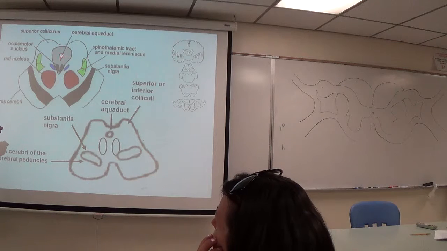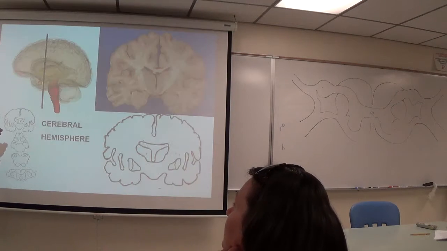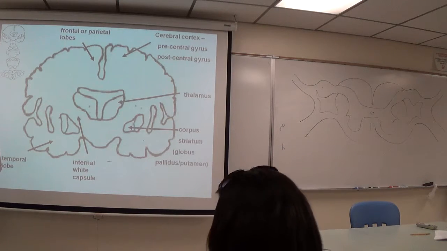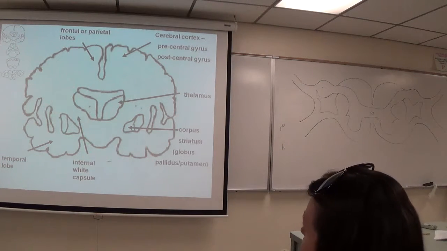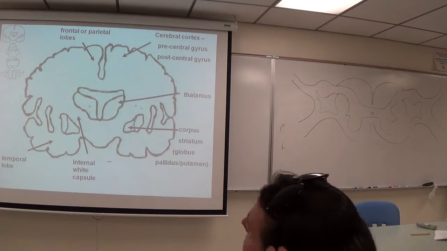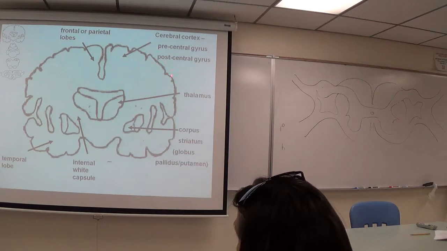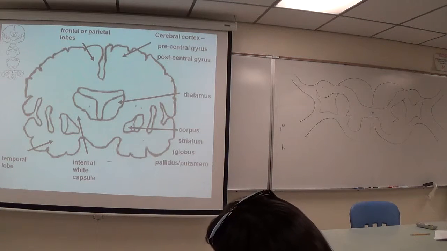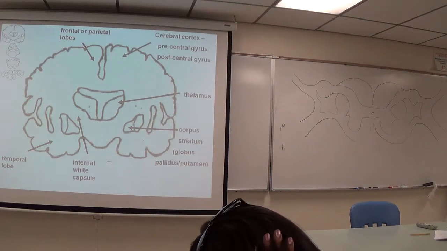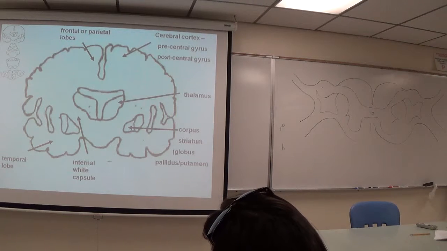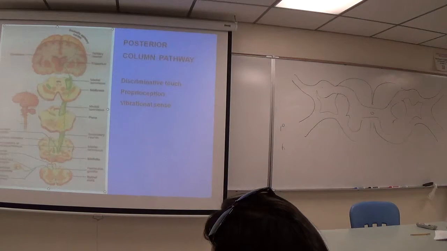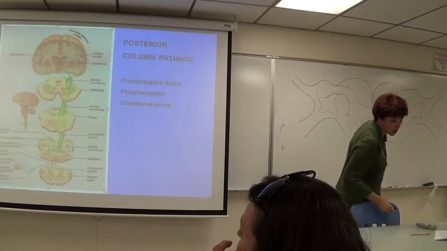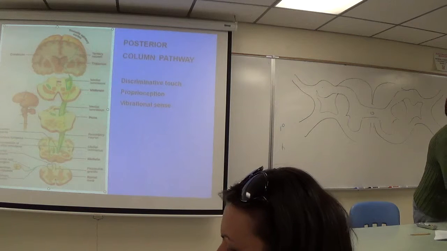Cerebral aqueduct. All right, and then when we look at the cerebral hemisphere, I think most of you are comfortable with coronal section of the cerebral hemisphere. Again, if we're talking about a sensory pathway, it will be post-central gyrus. If we're talking about a motor pathway, we're going to be looking at pre-central gyrus. Okay? All right, so let's start off with our first, well, before we do that,